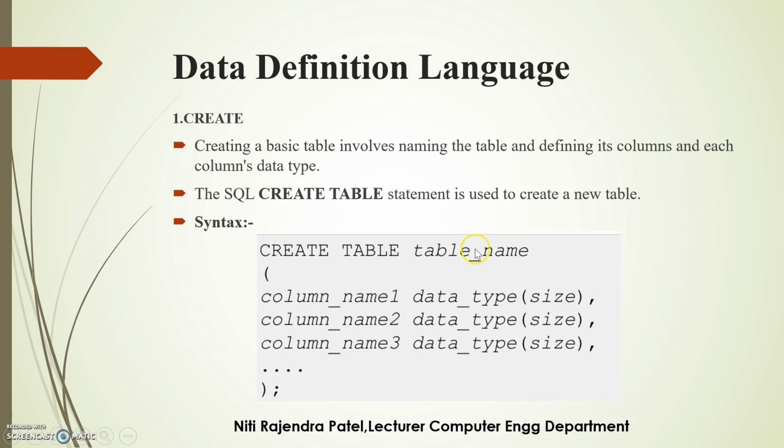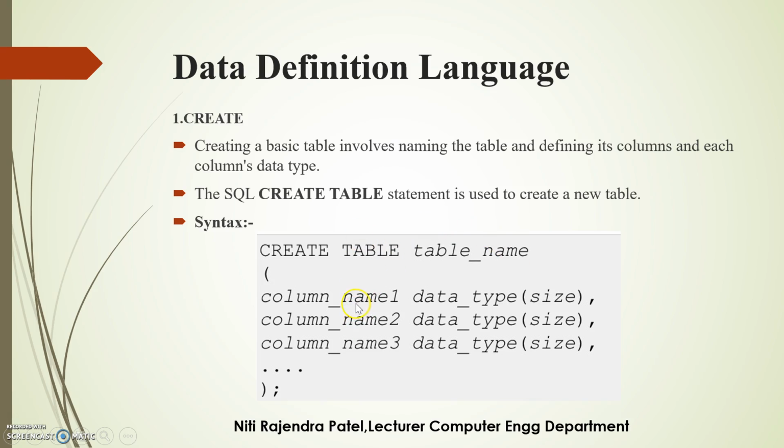Create table, table name. Specify the name of the table which we want to create. Column name, data type, size. Column name 2, data type, size. Column name 3, data type, size. The column name is the actual name of the column which will appear into the specified table name. The data type is a type of a data which a column will hold. For example, a column can hold a data type as a varchar, as a character, as an integer, as a numeric, or as a date. The size is nothing but the maximum length that the column will hold inside that particular table.